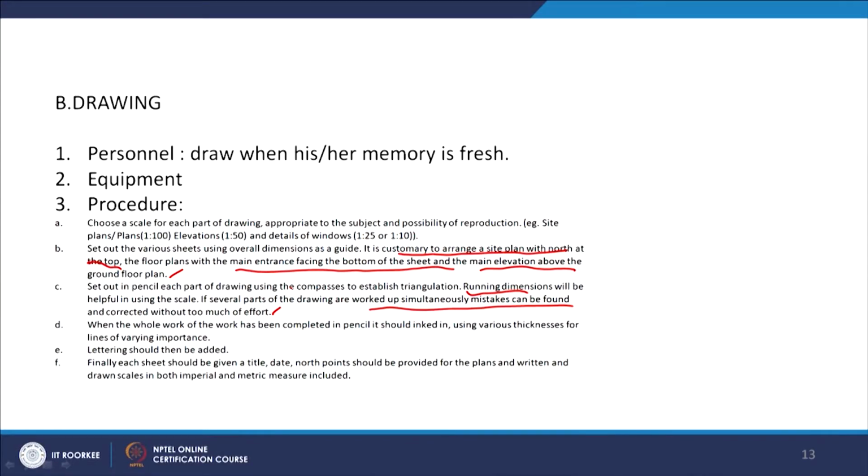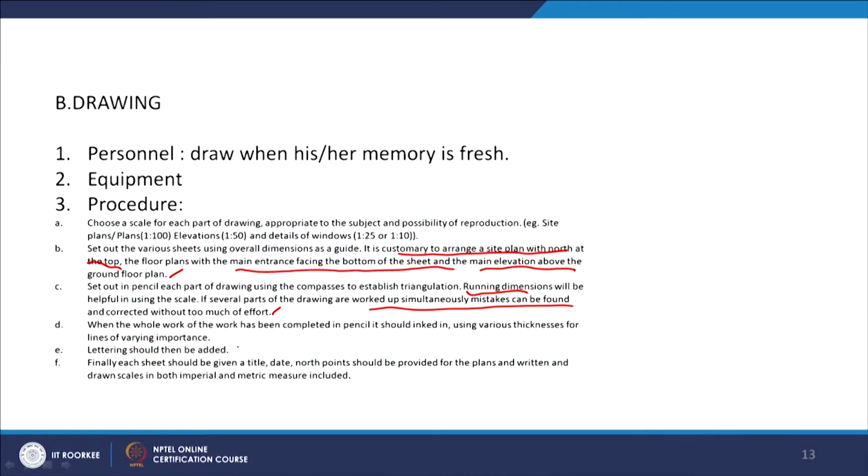Once we have the pencil part of it, then it has to be inked. When we are doing the inking, we have to work with various thicknesses. When we are using rotring, basically when we cut the plan, wherever the section of the wall is cut, that should be thicker, then the windows with a lesser thickness, and then the floor patterns or anything else, that is the least. So the deeper you go, the less important the highlighting. So then